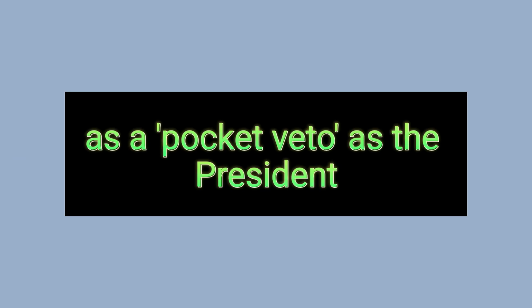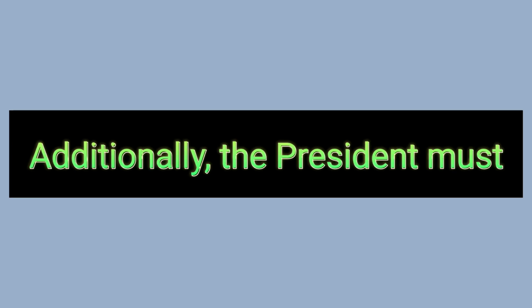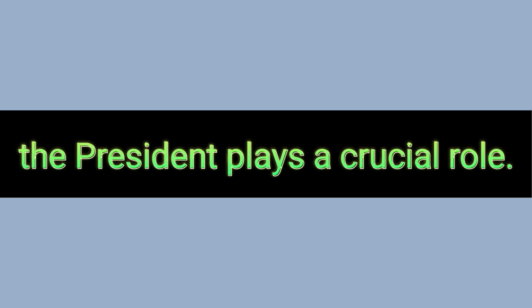The president also has veto power, allowing them to refuse or withhold bills passed by the parliament. This is commonly referred to as a pocket veto, as the president can informally keep the bill pending without any time limit. It's important to note that this veto power cannot be used over money bills. Additionally, the president must give assent to a bill if it is passed by the parliament again and sent back to the president. In the appointment of the prime minister, when there is no clear majority of a political party in the parliament, the president plays a crucial role.